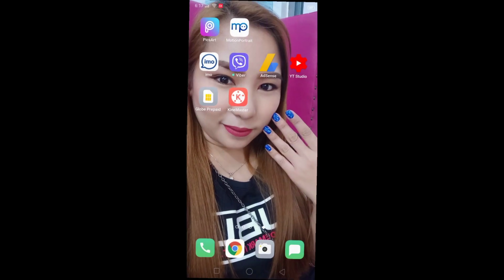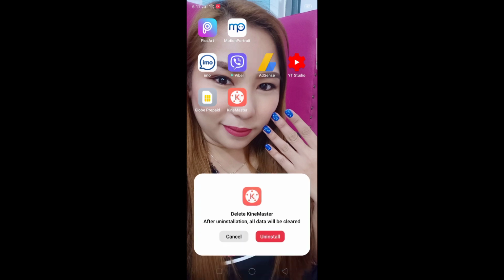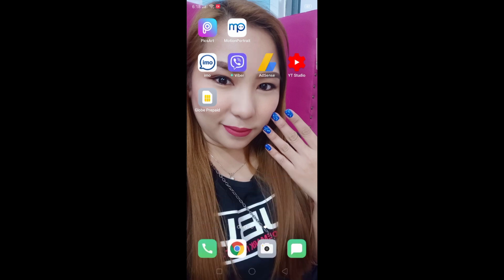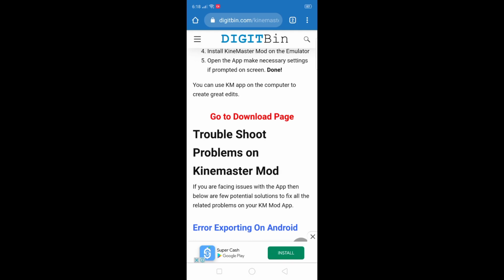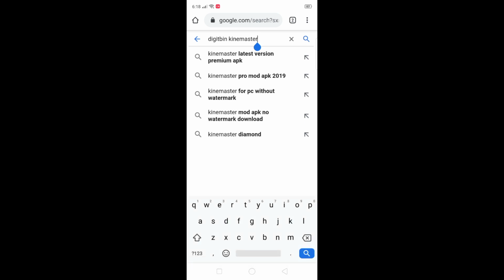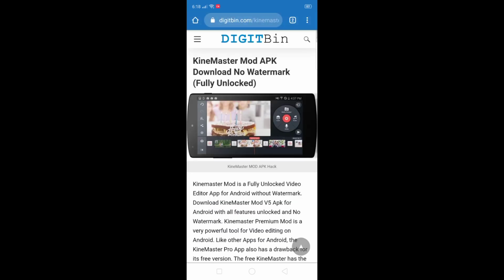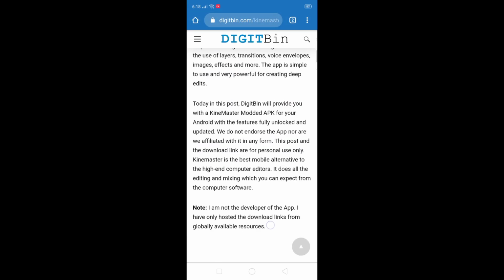So first, kung may Kinemaster ka, i-uninstall mo yan, best. So, kapag na-uninstall mo na, punta ka sa Google Chrome. Then, i-search mo si Digit Bin Kinemaster. Yan. Pag lumabas yung download Kinemaster Mod Pro fully unlocked, punta ka sa